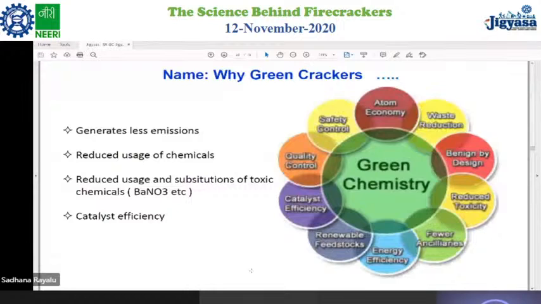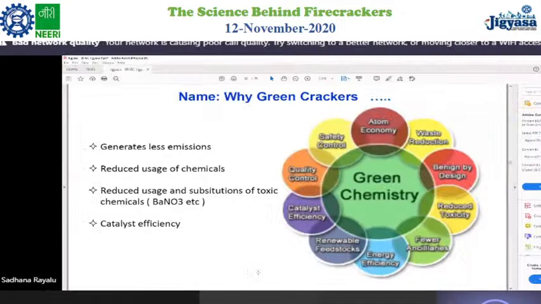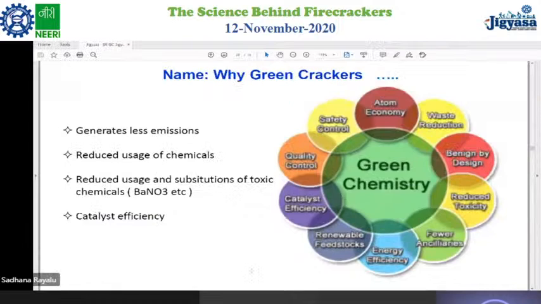Now you need to understand that there are 12 principles involved in green chemistry, which are basically the different elements shown over here. But we call them green crackers because of 4 reasons. One, it generates less emissions. We are using fewer chemicals. Secondly, we are using less toxic chemicals like barium nitrate, and so on. And then we have put into use some innovative concepts of using catalysts as well as other additives in addressing